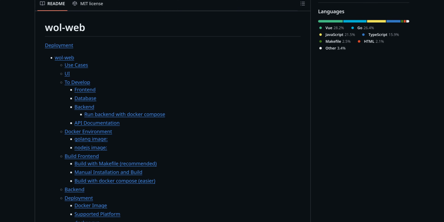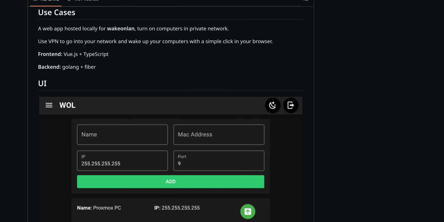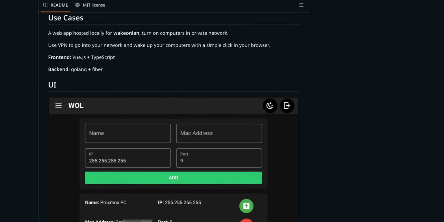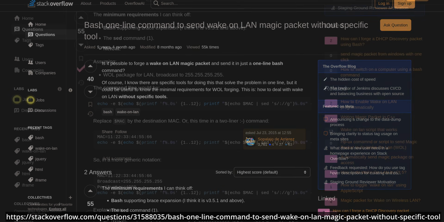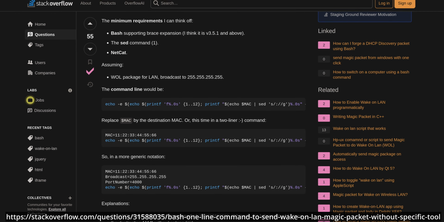You can get Docker containers that will handle giving you a nice web UI for sending that Wake on LAN packet, or you can do what I did and find this Stack Overflow post where someone does it completely in bash. That's what I use. It's kind of great. Sadly though, Wake on LAN is even more mysterious than I've already told you about, because enabling it in the first place on the device that you want to target can be kind of awkward.